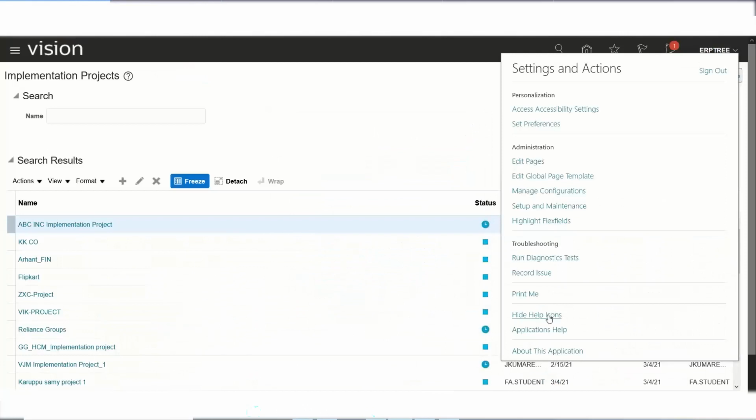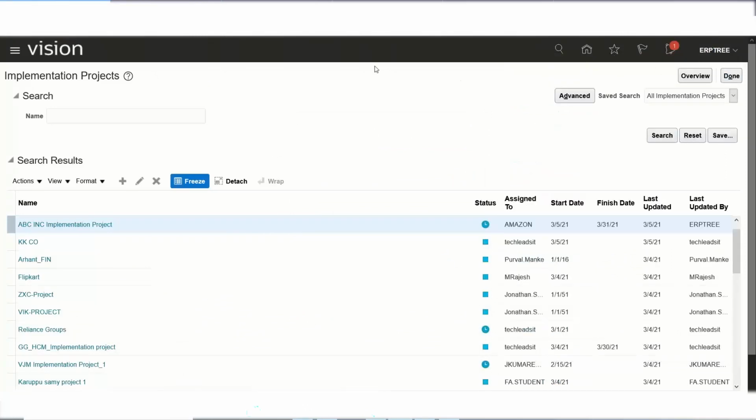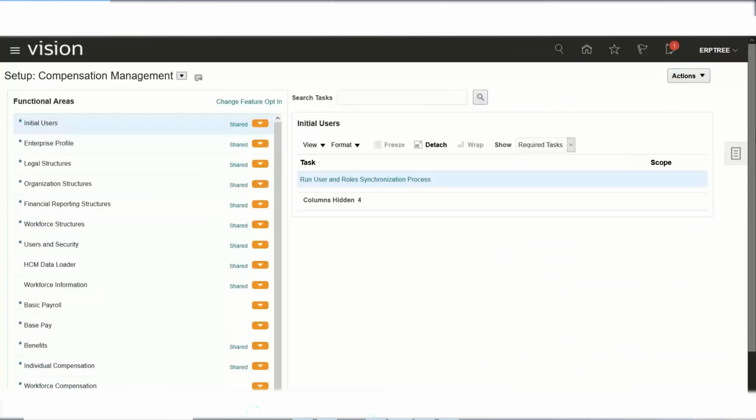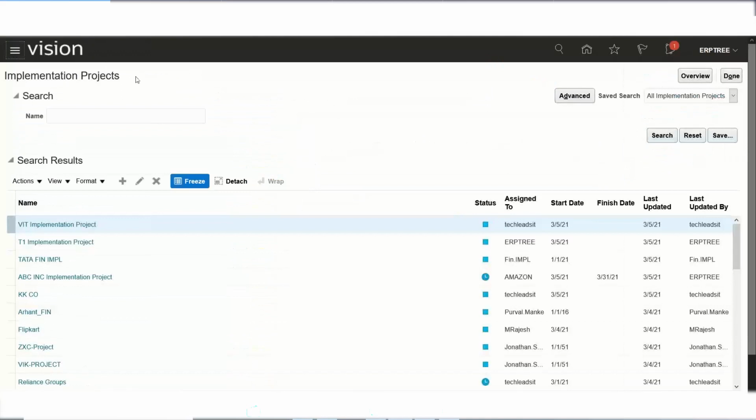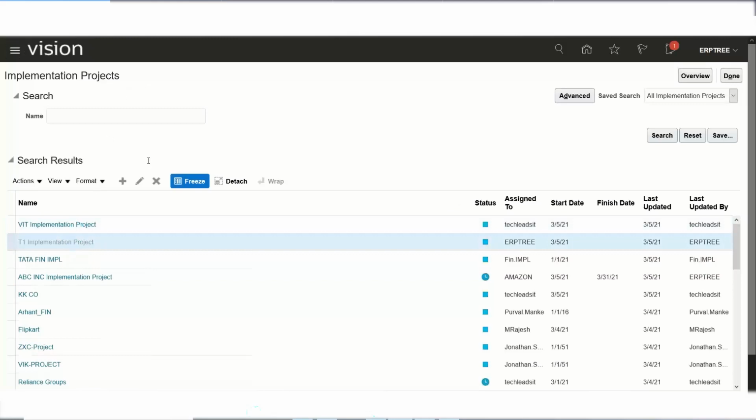So here, they hide. You will hide that help. Click on done. System will update as the option has to be enabled. Now again go to manage implementation project. Now it is not available here. No help icon you could see. Not only there, if you go to project also, any project,